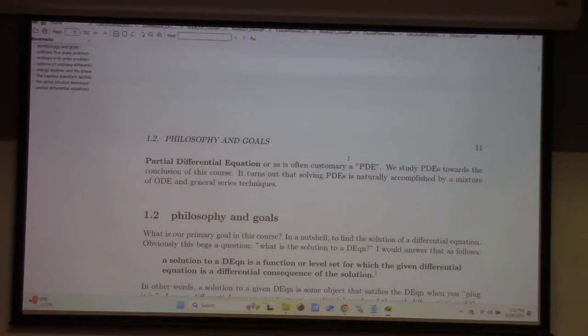So a partial differential equation is a differential equation that involves more than one independent variable. And those are difficult to solve in general. You might have a whole other course in that, but not here. We don't have that course yet. But I do spend about 2 weeks on that at the very end of the course. All right, so